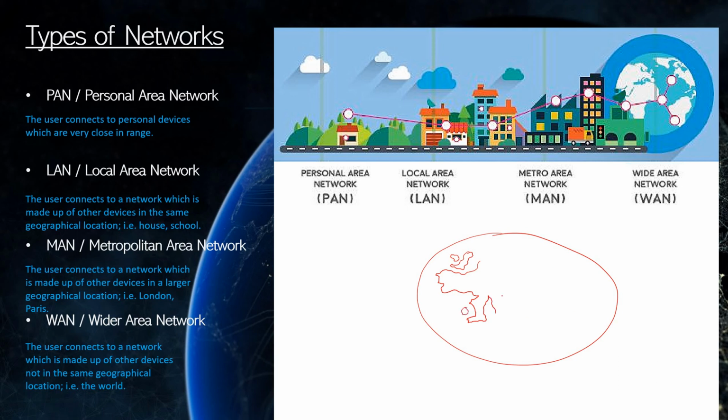And there we go, Italy has a little football there, and we'll have the northern countries over here, and we'll have Japan on the far side over here, and we'll have Antarctica at the bottom, and Australia over here as well. So WAN, the wider area network, allows all of these different geographical locations to connect with one another through the cables